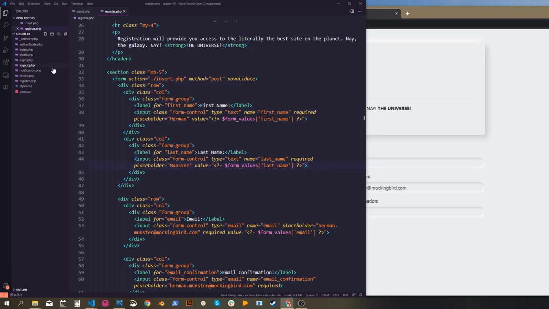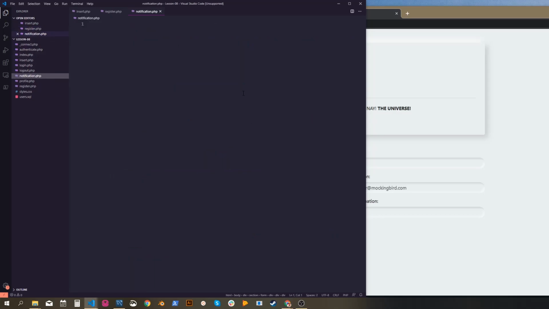So I've already created the file for you called notification.php. We just need to start adding the code into it. So the first bit that we need to add is our PHP tags. And we do need an opening and closing PHP tag this time, because we're going to have some HTML on this page as well. So first we want to check if the